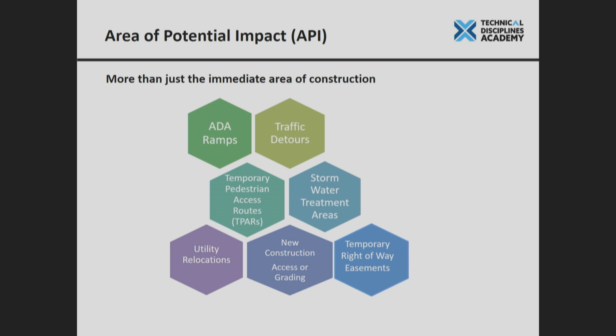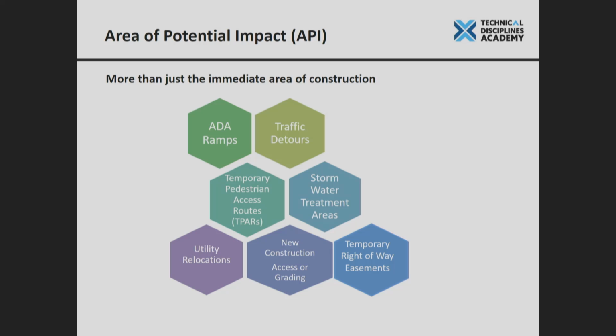Temporary pedestrian access routes, TPARs. Let's say we've got a construction area and we have to tell pedestrians that you can't come through here right now, so you need to follow this alternate route. And it could be across the street, back on some other street, and back around. And of course, if we route pedestrians through there, we'd have to say, gee, is it ADA accessible? Do they have all the right ramps there? Oh, gee, the project just got bigger. And you have to follow that and make sure that you've accounted for all those types of things.